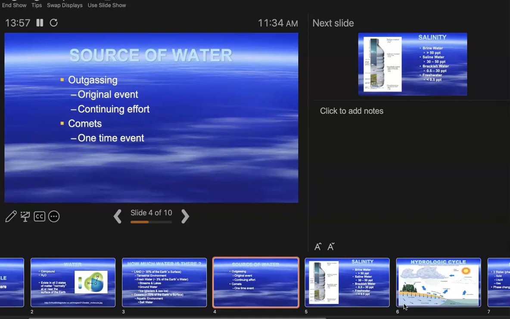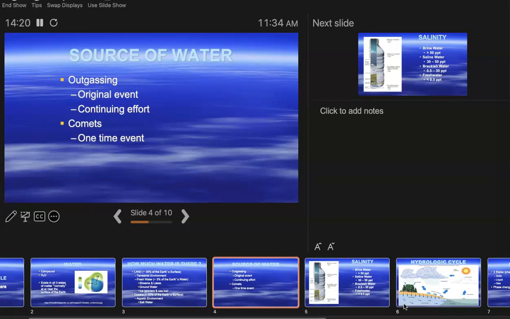So that is the primary source, as most teachers teach it. The primary source is outgassing. The secondary source, as I mentioned a couple minutes ago, are comets. Okay, comets. You probably heard dirty ice balls. They have a lot of names for them. I mentioned all the craters on the moon in here once, maybe not. We have every reason to believe that we got hit just as many times as the moon did, if not more, because we're bigger, all right? And so more than likely we got pummeled, all right?